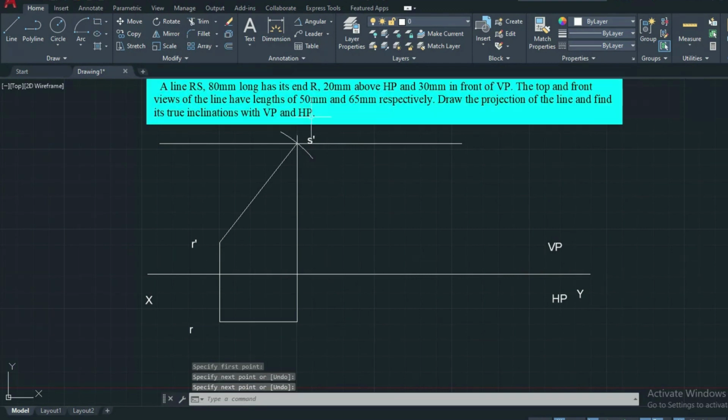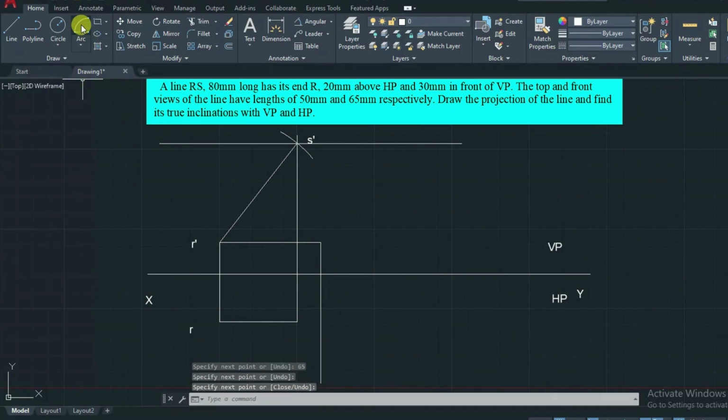And the front view length is given as 65 mm. So the front view length we obtain from here. The length is given as 65 mm. From that you can draw one vertical line downward, of convenient length.